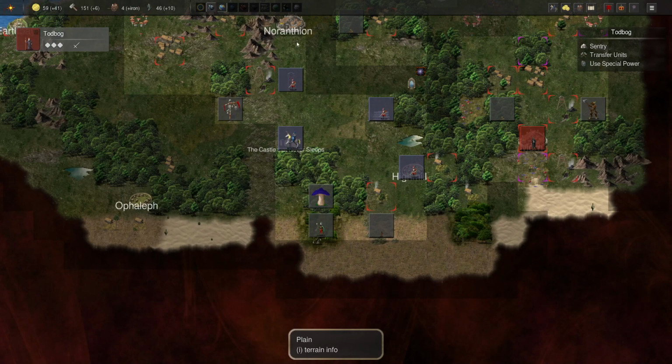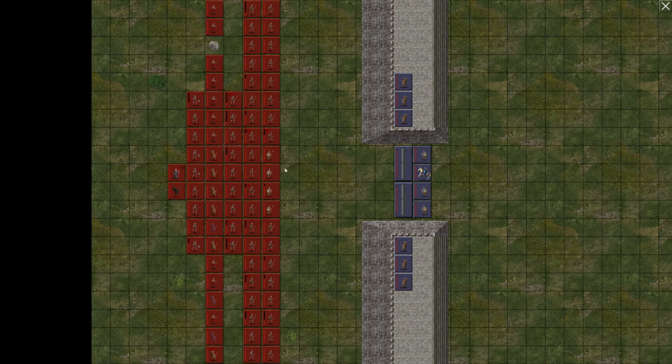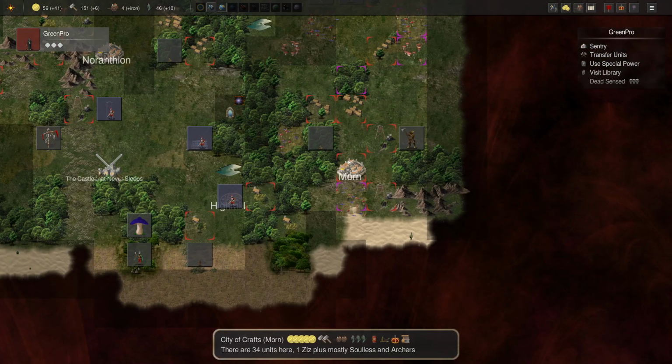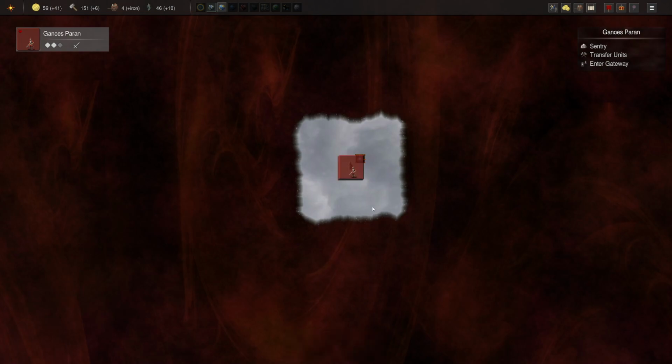Alright. So at this point, we were going to go take this castle, so let's do that. You're not going to be able to stand against this force. Especially not with all that archery we got there, so that's good. Jimmy, you're just staying put. Green Pro is staying put. Alright, so I just got to make sure this is all clouds. It is, so...